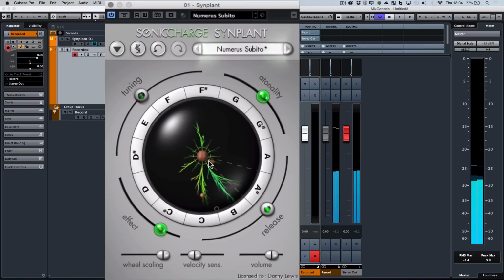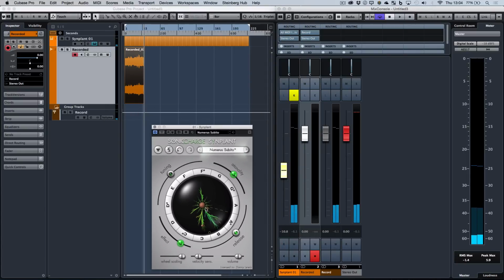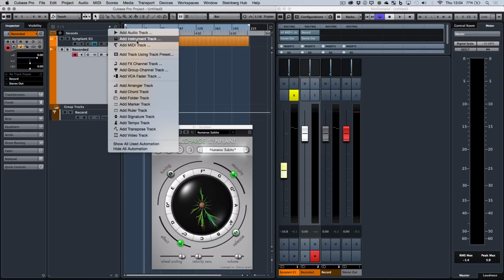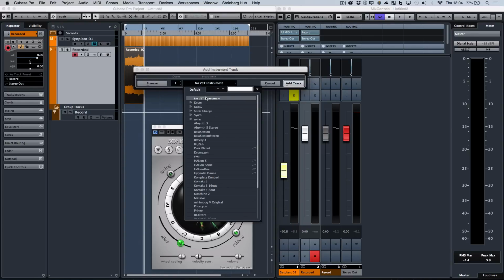Now, I'm just going to stop there because I'm just thinking, wow, you know what? There's a lot of that stuff in there that would be perfect for doing build-ups and breakdowns and stuff like that. And what I'm missing really is a beat. So I tell you what I'm going to do. Let me just get something up. I'm going to create a new track. And I'm going to drop down a